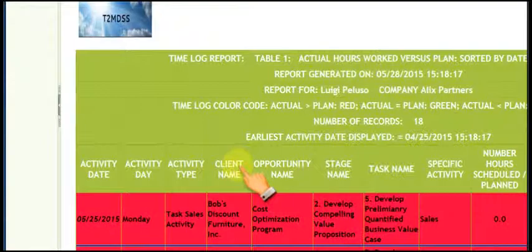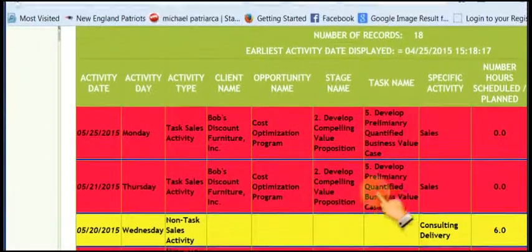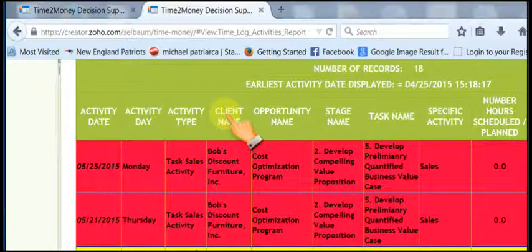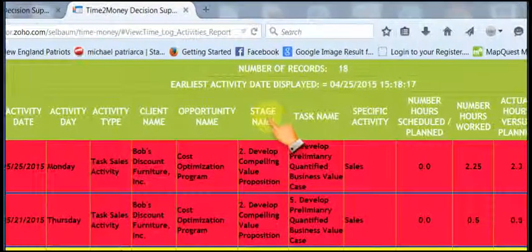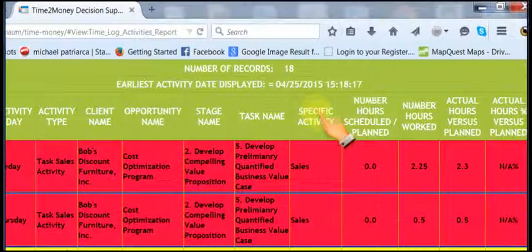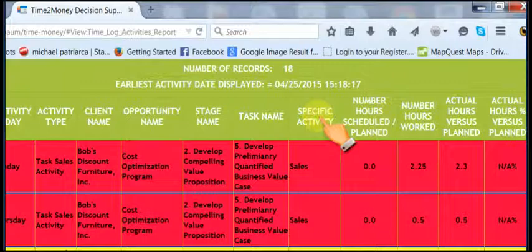If this is a sales task activity, the following information is always displayed. These columns are blank for sales non-task activity. You can see these 4 columns. So we've got client name, opportunity name, stage name, and task name. Then the specific activity, which is the name of the specific activity, the number of hours scheduled or planned from the prioritized critical task calendar or the work schedule,